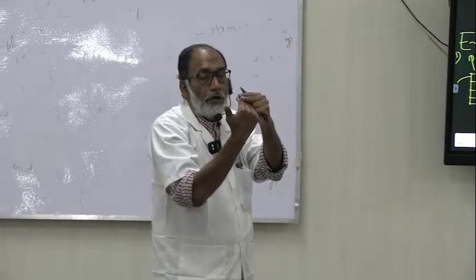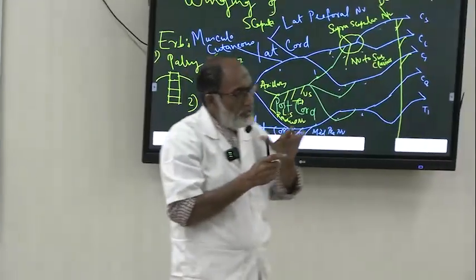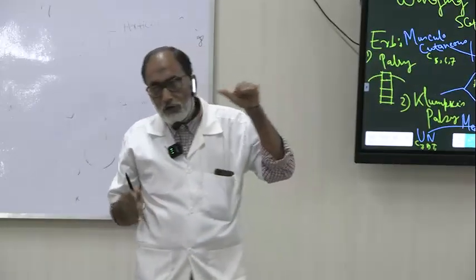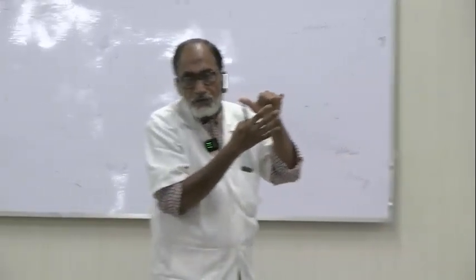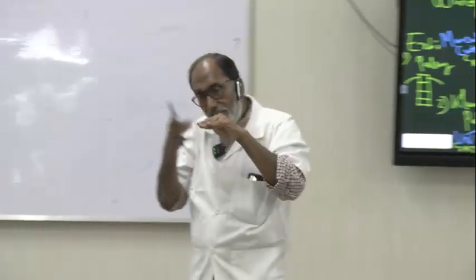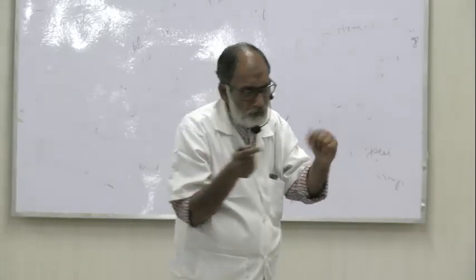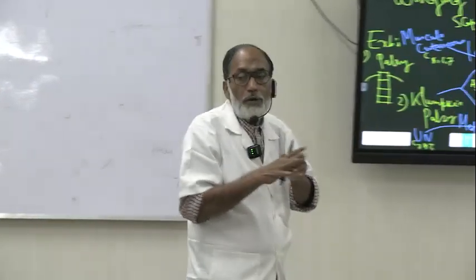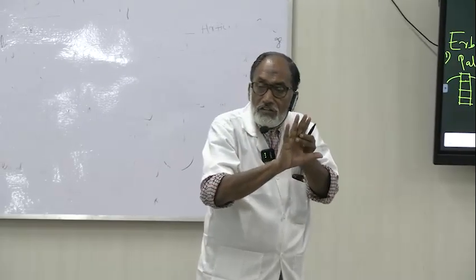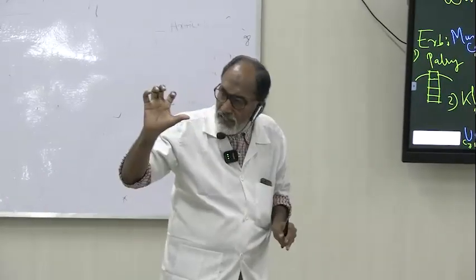Now suppose these are injured, then there will be the reverse movement. As the interossei and lumbricals are injured, there will be reverse movement. So what will happen? The metacarpophalangeal joint will be hyperextended and the interphalangeal joints will be